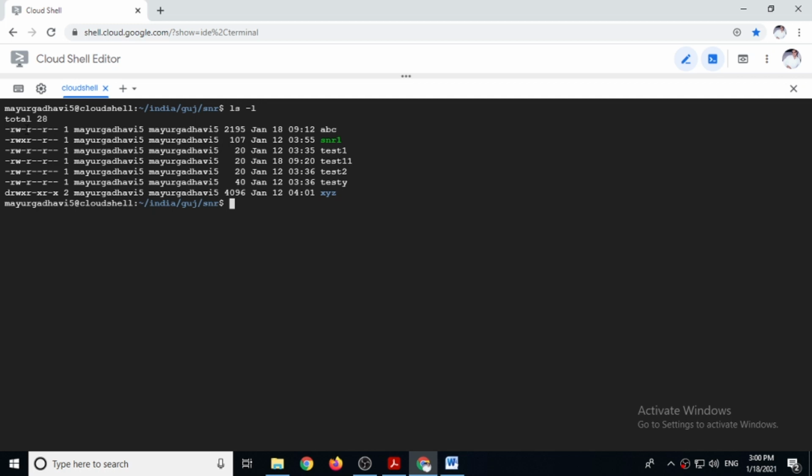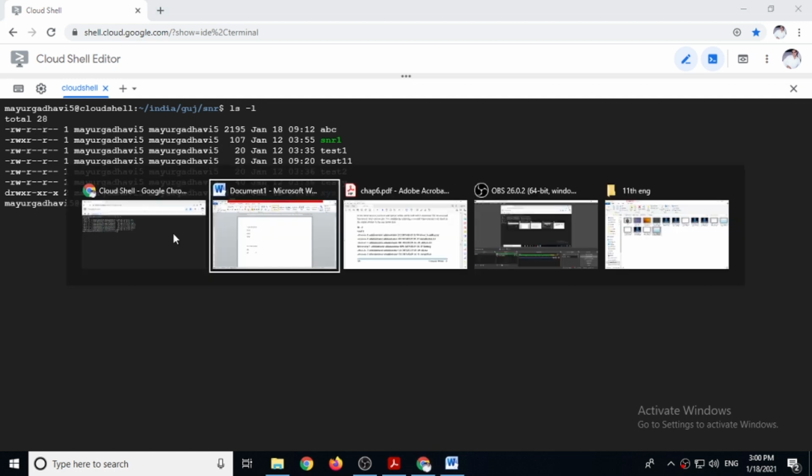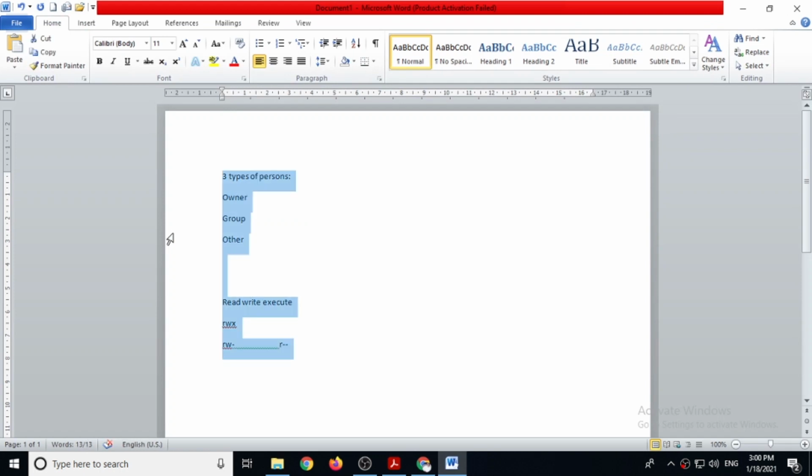Then the 5th, 6th, and 7th characters are for the group permission. It means the group the user belongs to has the permission r--. For example, there are various users like student 1, student 2, student 3, student 4, and student 5.